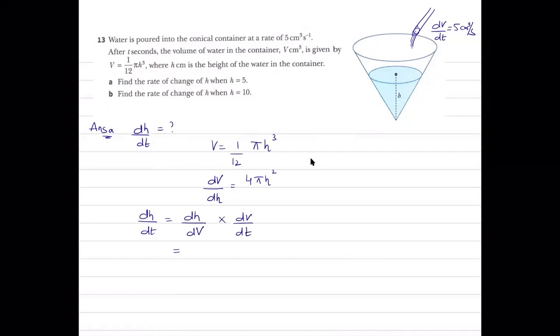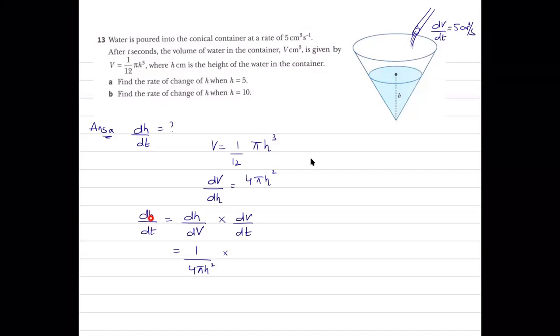Here we have dv by dh as 4 pi h square. Would everyone agree that dh over dv is just going to be the reciprocal of this? And dv by dt was given in the question. Sir, why didn't you make it 1 upon 4 pi h square in the volume? Yes, that is because